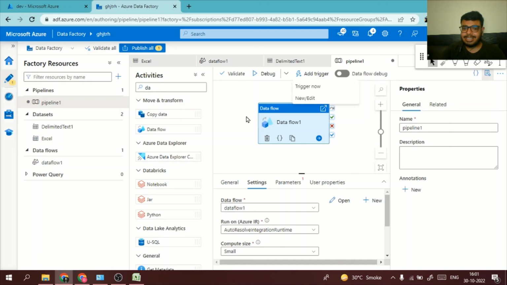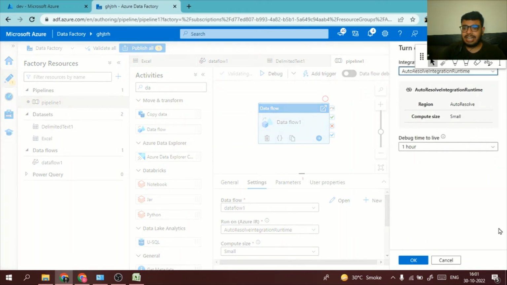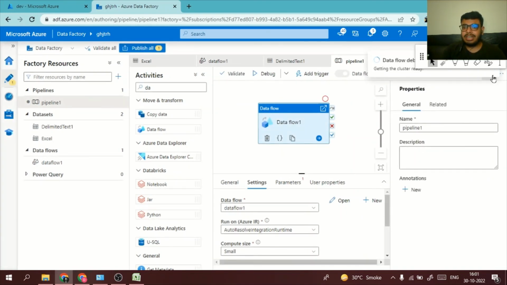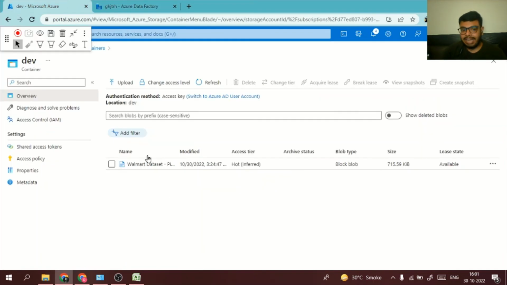I hope this was useful. If you run this, it will slowly work. It will transform the data, and it will dump the data into your dev container only here. Okay,